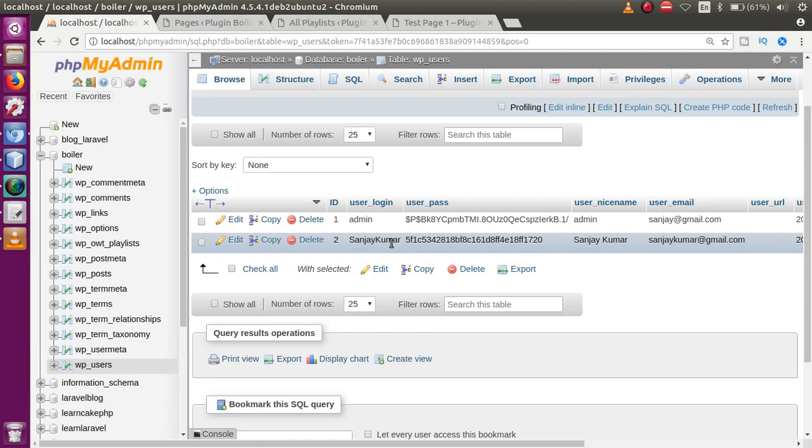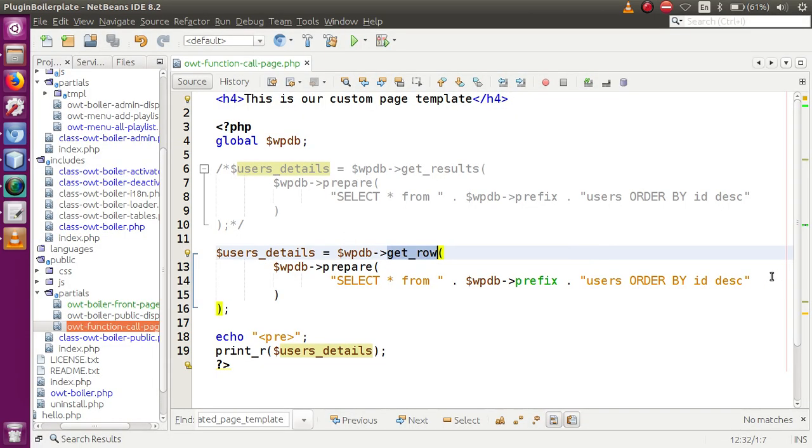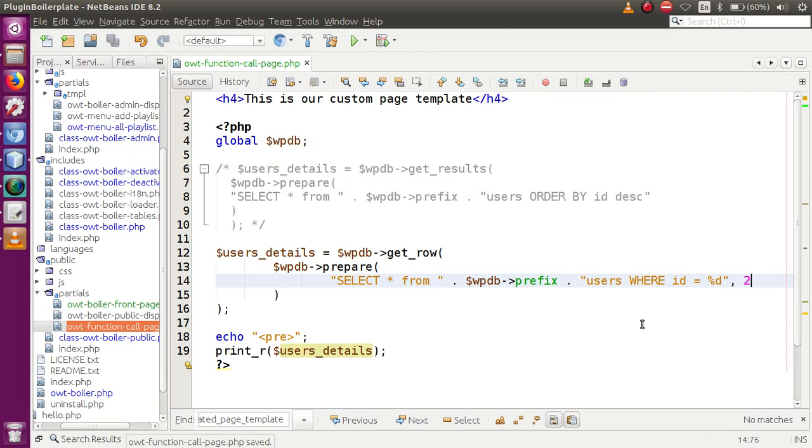Okay, so what we need to add to this method is the condition that we need to get the results from this database table by this id of 2. Instead of this order by, let's say where id equal to 2. Or we can make it a placeholder, that is %d for integer, and it is 2. Now what does the getRow method do? getRow takes the values from our database table for this